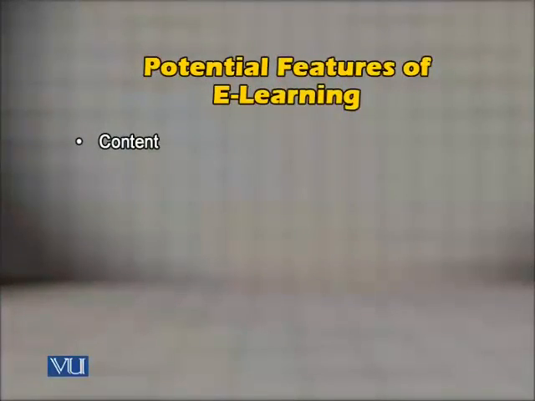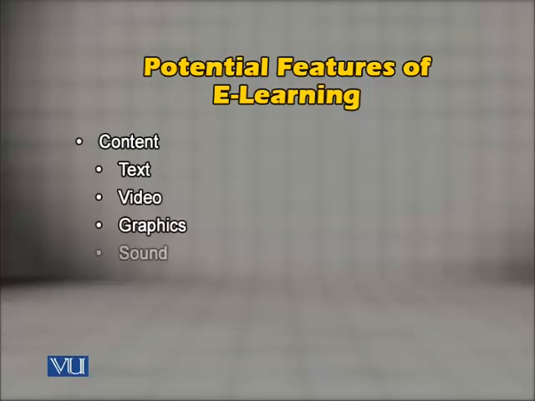So within these 6 categories, you can add various different features in your learning activity by the use of online resources. With respect to content, you can add a number of resources, a number of possibilities. The possibilities that you can incorporate are text, video, graphics, and sound. You can incorporate all these possibilities in online e-learning. Then over